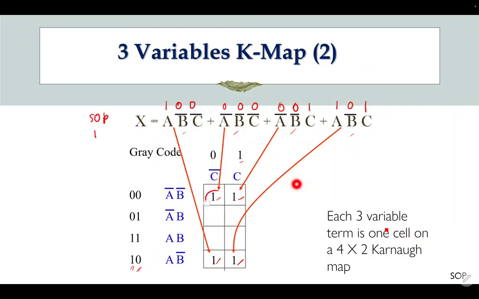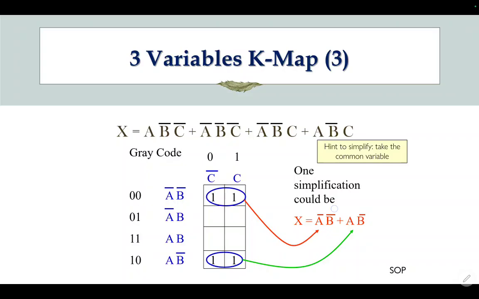If you read one by one, 1, 2, 3, 4, you will get all this equation back. But when you simplify, for example, you simplify this way. So you got here a group of 2, equation 1. This one is equation 2. How do you read this equation? So you got here and here and here. So A and B, A 0, B 0. So you got A bar, B bar. C change state from 0 to 1. So you don't read C for equation number 1.